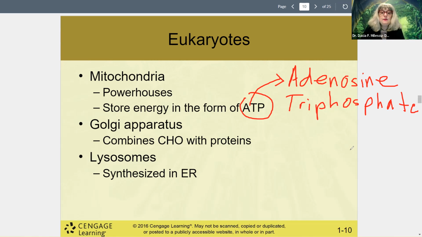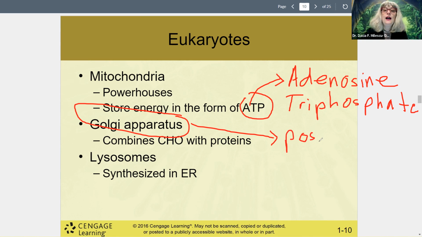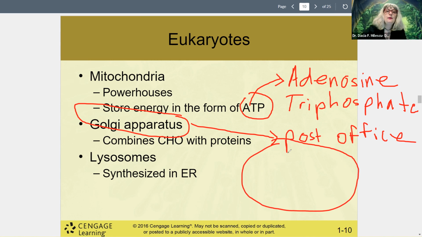Now, what I didn't mention in the previous diagram that I drew out is the Golgi apparatus. I like to call the Golgi apparatus the post office. Why? I'm going to write this down. Why? I'm going to draw out again the diagram, and I will tell you why I like to call it post office. When you look at my protein synthesis YouTube video, which I'll post for you in the announcements